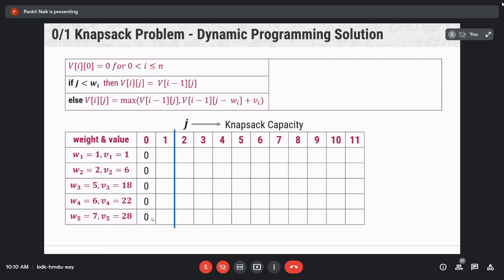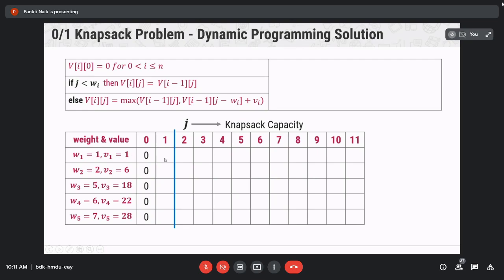Now next is the first column, sorry, j is equal to 1. For this cell, i is equal to 1, j is equal to 1, wi is equal to 1, and vi is equal to 1.